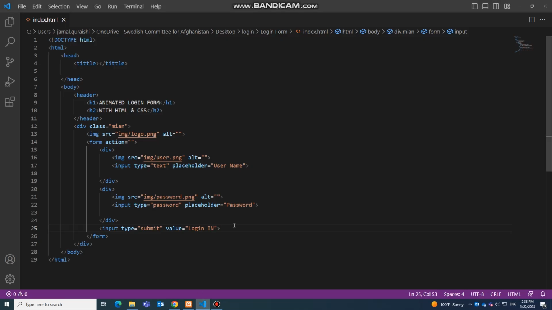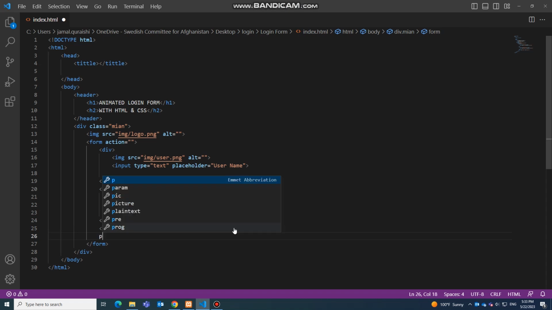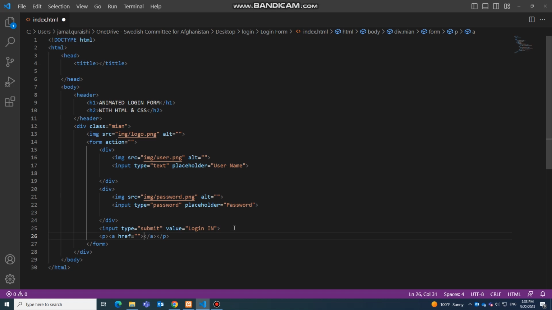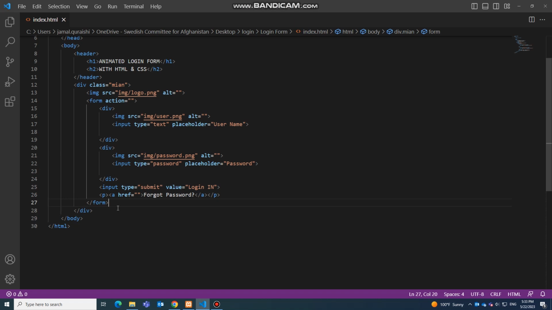And the next thing which I need to do is add a paragraph. Inside this paragraph I need to add an anchor element, and then I need to add a text for this, forgot password. So save this. And the last thing which we need to do is have another div,